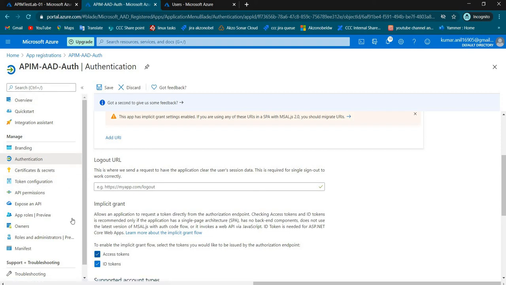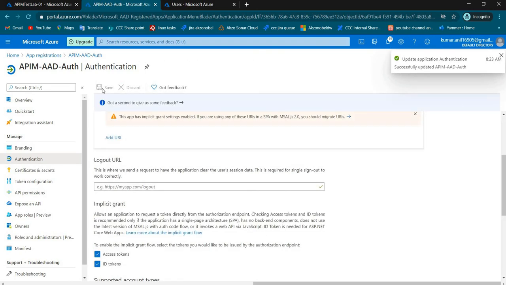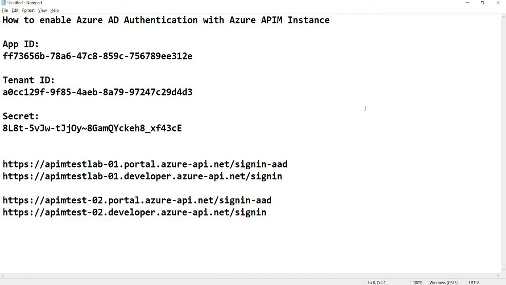In case you lost the key, then still you can use it. So I'm just saving this and keeping this app registration for future purposes because it won't give any charges to you. This is how we can achieve enabling Azure Active Directory authentication with Azure APIM instances. Thank you for watching.